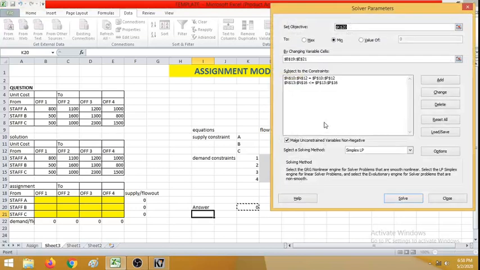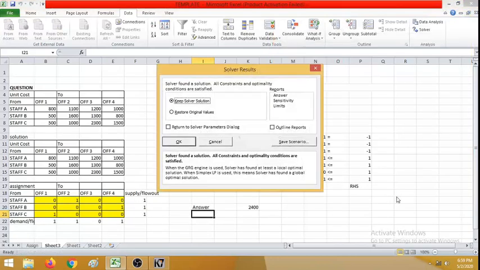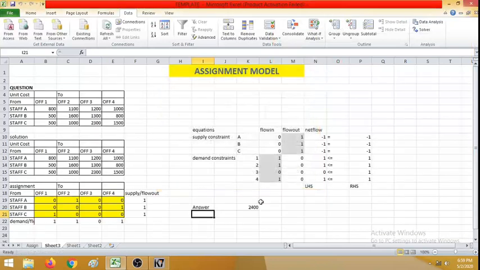Right, just click OK. You can see here the objective, variable cells and the constraints are defined. Make sure this box is checked, and simplex LP is the solving method we need to use. Okay, just click solve. Just give the parameter, click OK. Fine. So the answer is 2400.